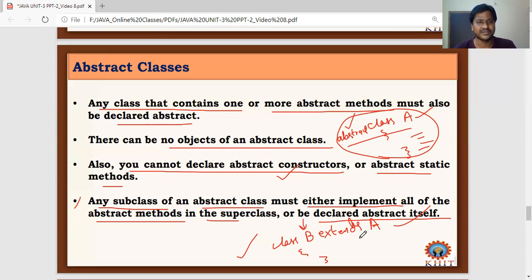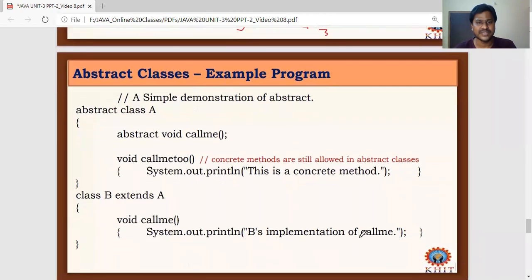Okay, got it? So here is an example to better understand the abstract classes concept. Here I'm declaring class A as an abstract class, so at least one method should be abstract. Here void callme is a method. The type of method is void, the method name is callme, and there are no parameters.